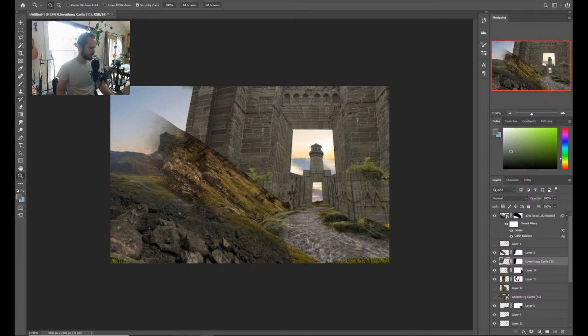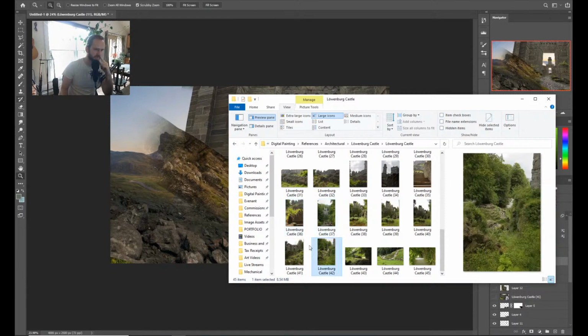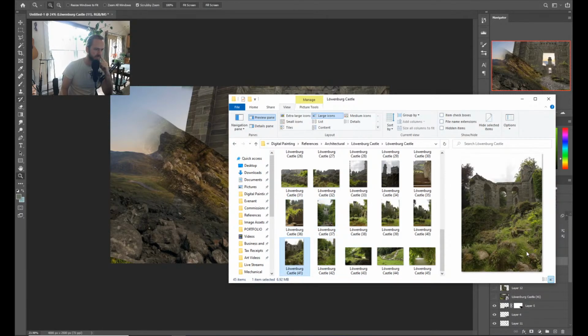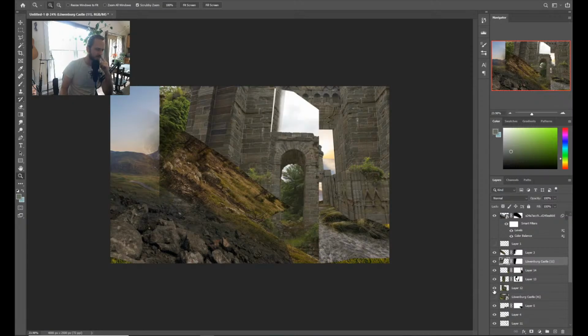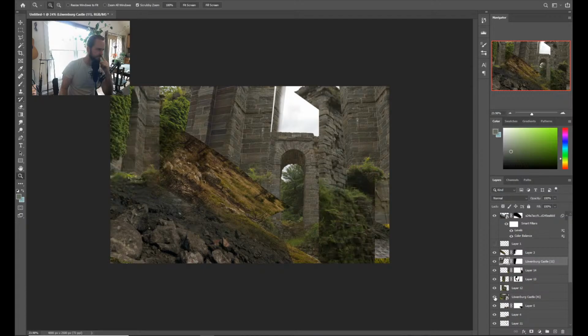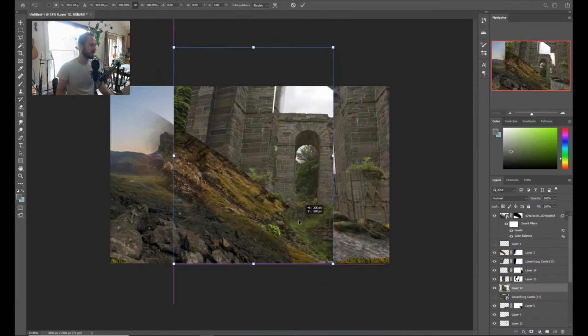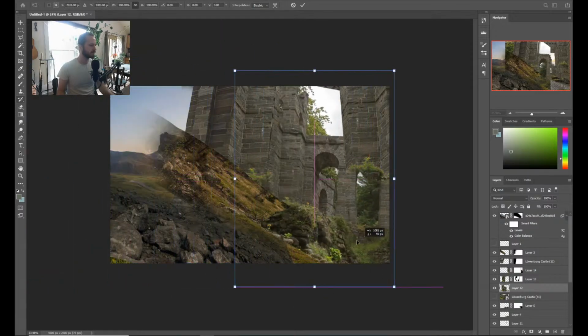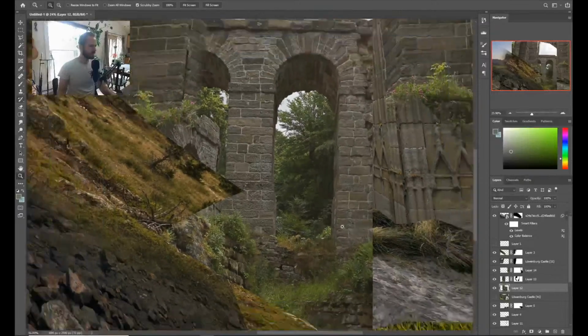All right, let's bring in some other pictures here of some nice, it's beautiful. Oh yeah, we were gonna see if we could use one of those archways, right? What do we have here? One of these might work. Let's see if we got,